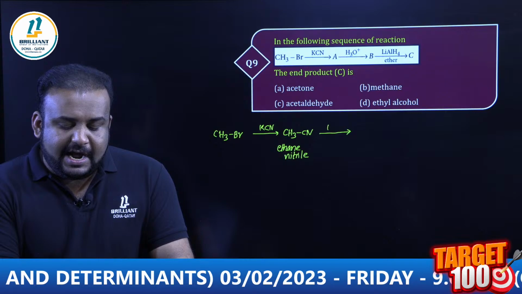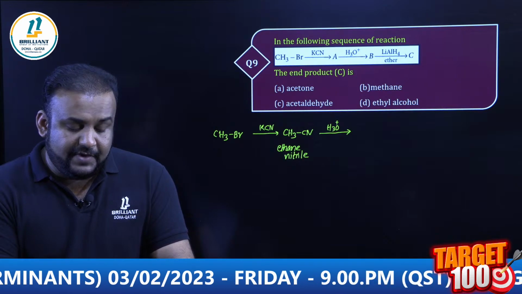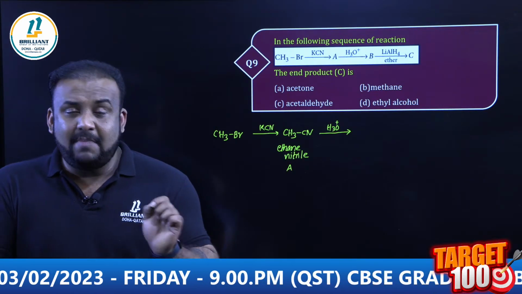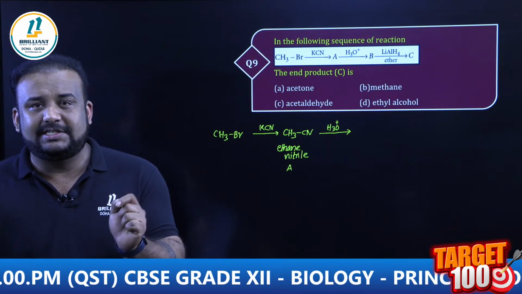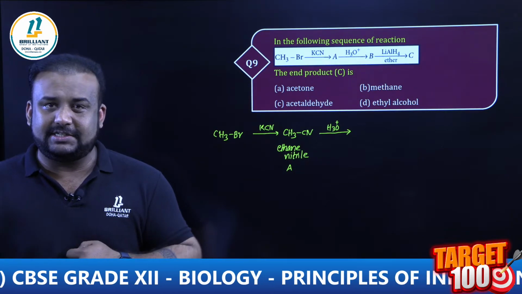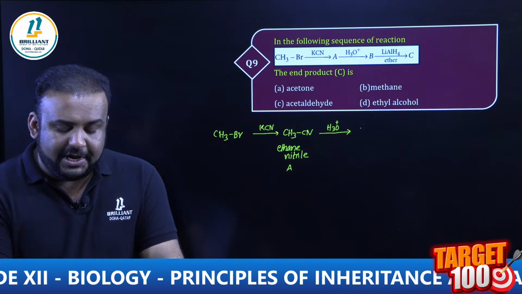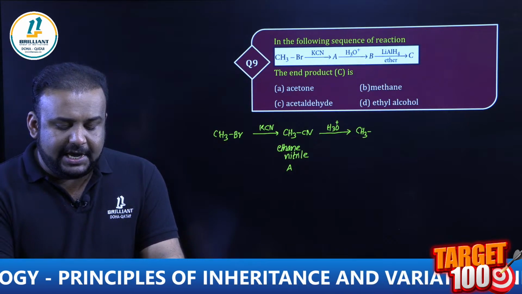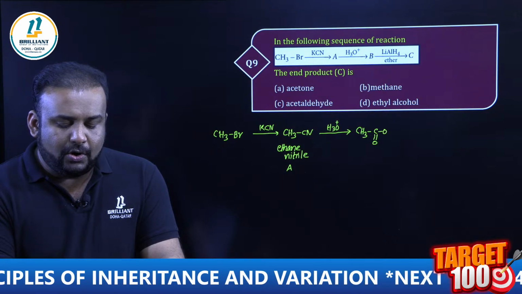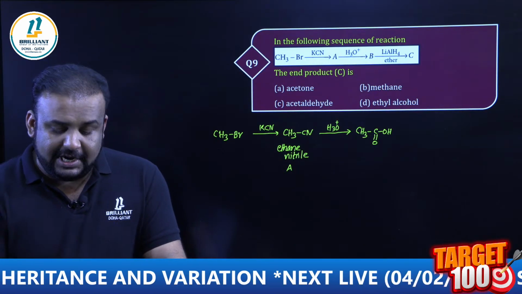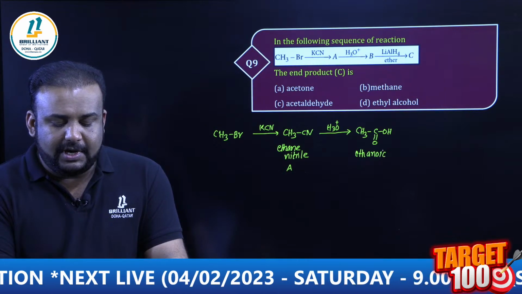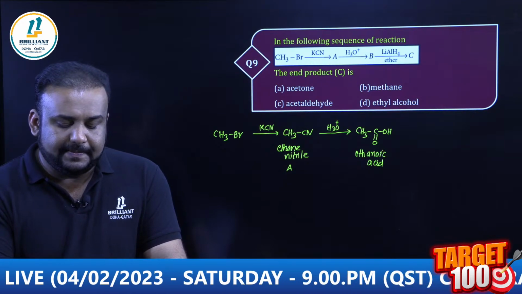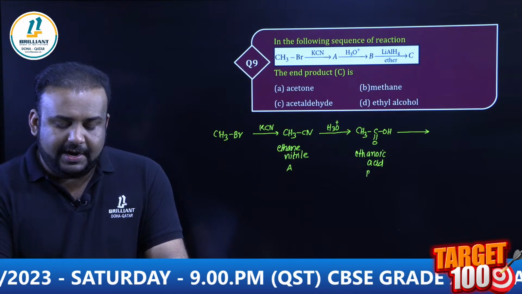Now we are hydrolyzing this. Complete acidic hydrolysis of nitriles is going to give you carboxylic acids. So what will be the product formed here? You will be getting CH3COOH, which is carboxylic acid. Since there are 2 carbon atoms, this is ethanoic acid or acetic acid. Now we are treating this with